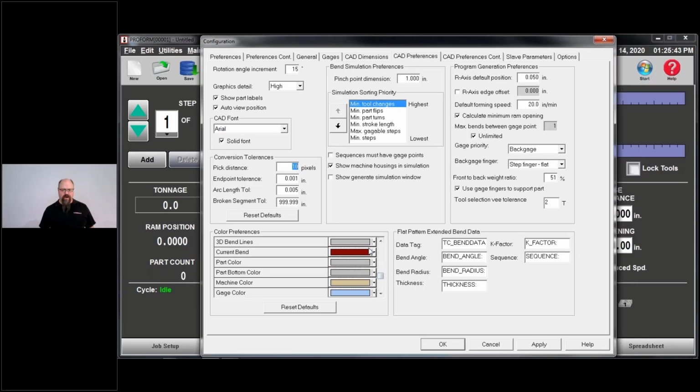Now down here in the color preferences, the one thing that I like to do from the factory default, actually I think this one is magenta, I like red, but the part color. If you scroll down about 2/3 of the way, maybe 3/4 of the way, you're going to see part color and part bottom color. When I display a part, most of the time face up and face down do not matter, but in the instances where face up, face down do matter, it's a critical issue. Right now, the upper and lower are the exact same color.